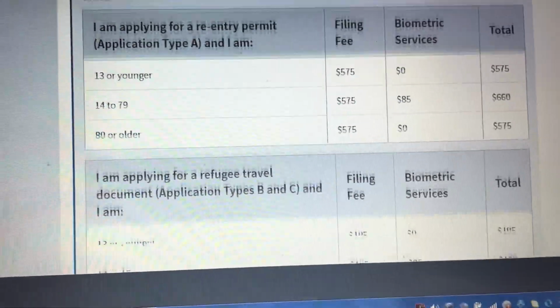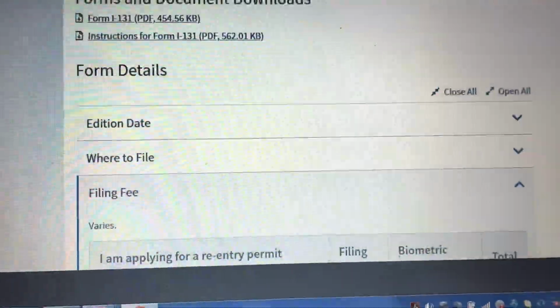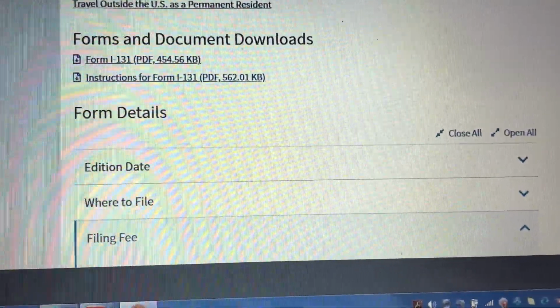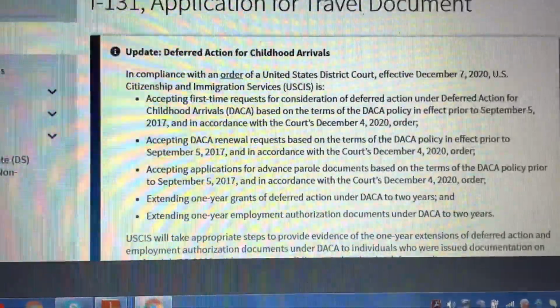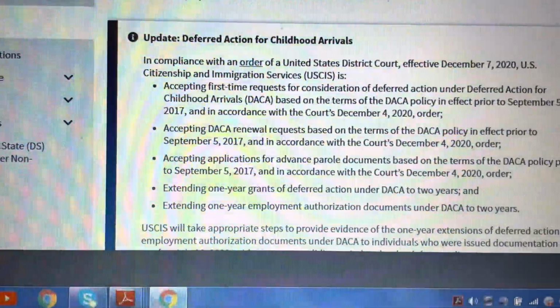So better, the adjustment of status may give us free documentation about this. We're free for that. So I hope